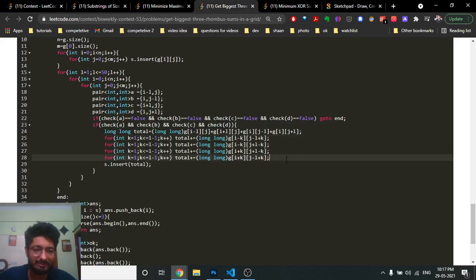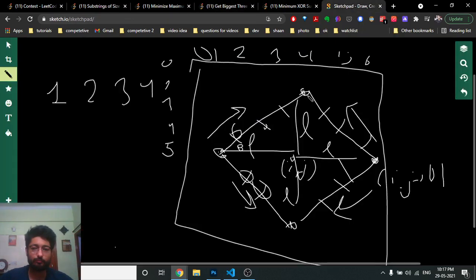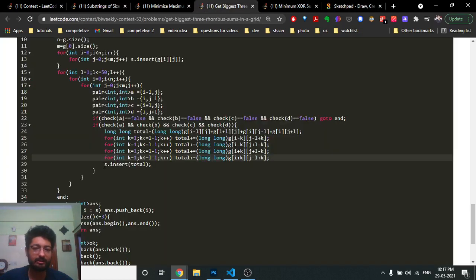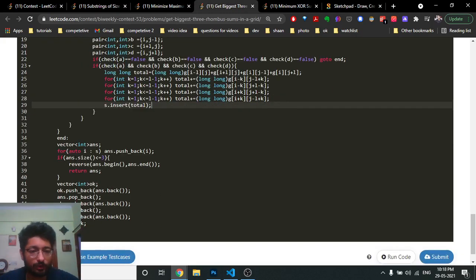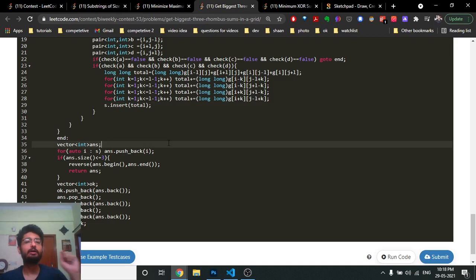They are very simple, and then we just find out a total sum. When you find the total sum, because you have added the 4 corners and the values in between, you will add the total sum and push it into the set, so that it will only consist of distinct numbers. Now when you come out of this for loop, you have a set in which all the possible sums are there. So you will push all the values in the set into a vector, which is answer. Now what you can easily see here is the set numbers are sorted already from smallest to greatest.